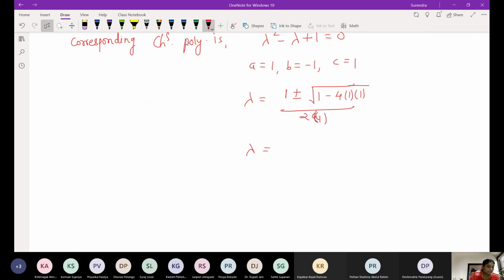So what should be the lambda? 1 plus or minus under root 3i divided by 2. Okay, so this has complex roots. So if I have complex roots, so what is the solution? R and theta, right? So lambda,